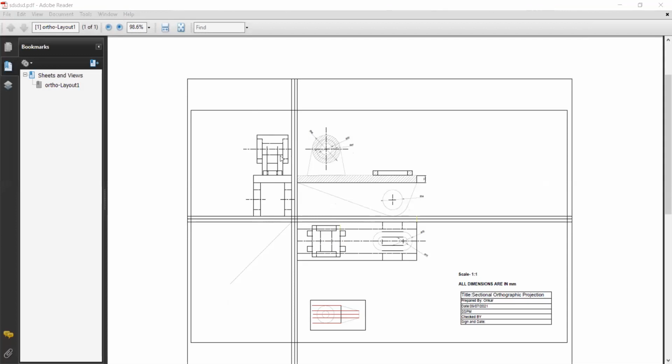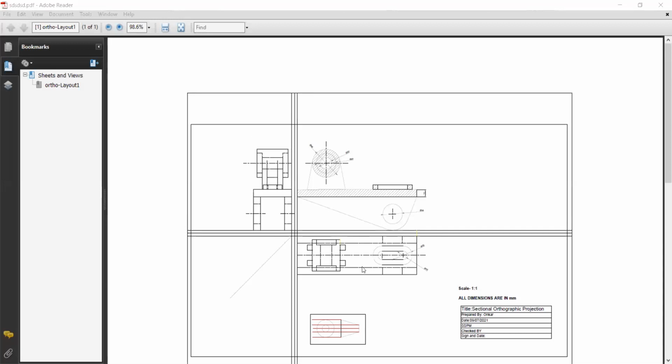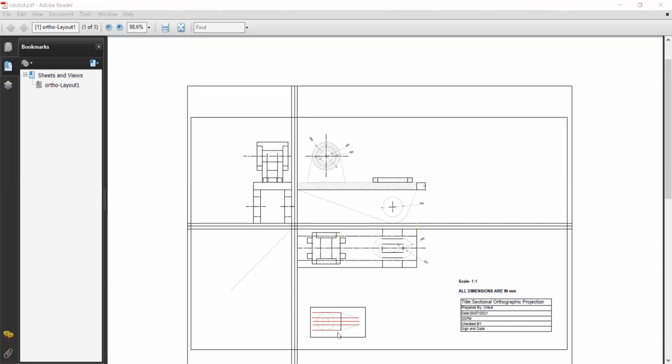Okay. So actually there are some lines that are extremely thin. I think we should change the thickness for these hatch lines, and even in the symbol, we need to change the thickness. Okay. But you can observe here, if you take thickness as 1 mm, then in the PDF format, all the lines will be extremely thick. Okay. So we should select the proper thickness when you prepare the drawing in the model state. Okay. And after this, you can take the printout. So that will be the final drawing sheet. So I hope you have understood how to prepare the drawing, and how you can create the drawing sheet and then take the printout.